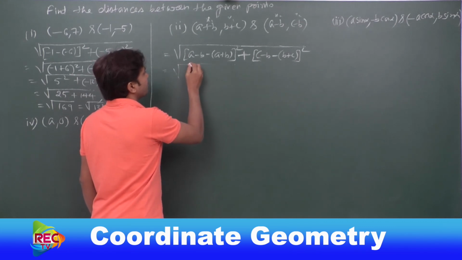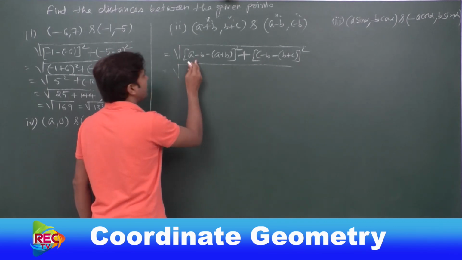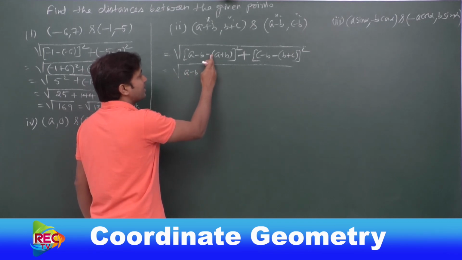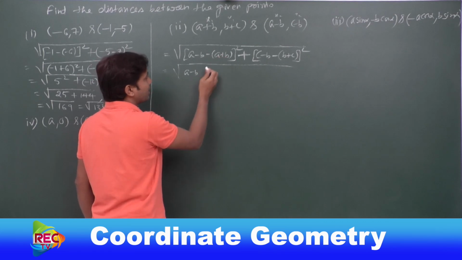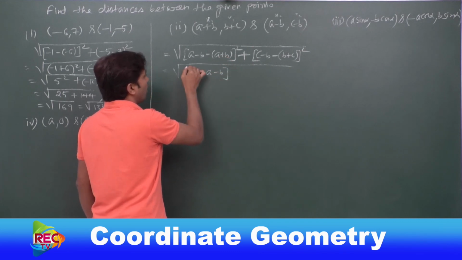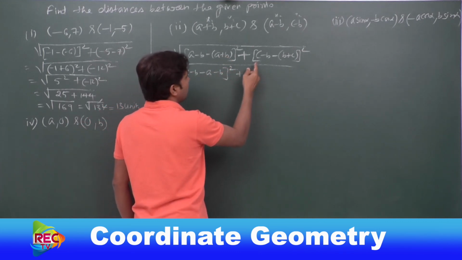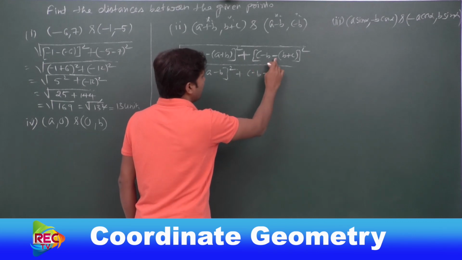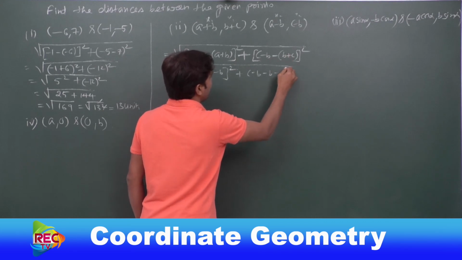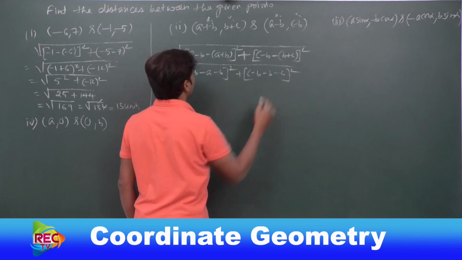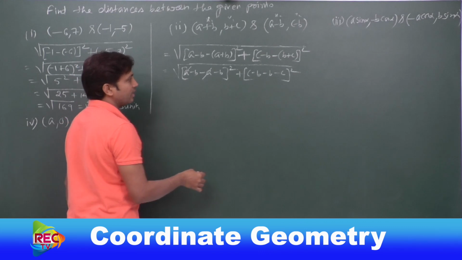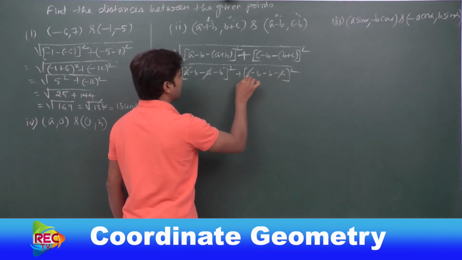Now see this here, this is a plus b inside the bracket. Now we need to multiply with this minus symbol to each and every term inside this small bracket. Minus into plus a is minus a, minus into plus b is minus b, whole square. Similarly here also, this is c minus b: minus into plus c is minus c, minus into minus b is plus b, for this also whole square. Now you can take here minus a and plus a, with reverse signs they will be cancelled, and here also minus c plus c will be cancelled.